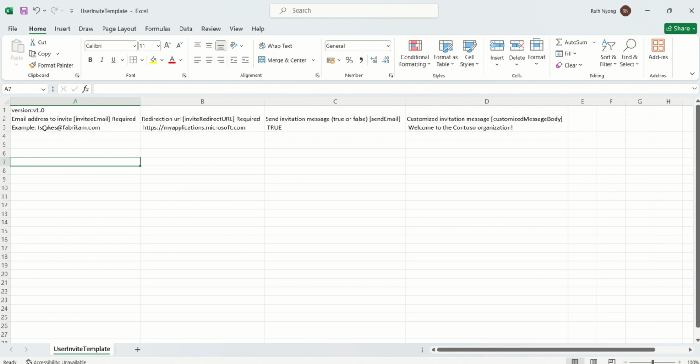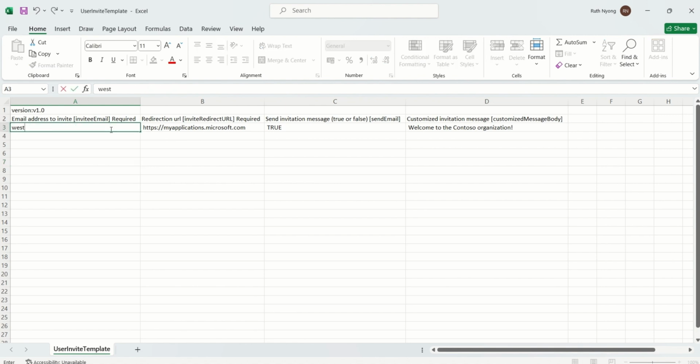For this template, do not change anything in the first and the second rows of this template. If you do, when you're trying to add your users, you might get some errors. So do not change anything, and also do not add any other columns to what you have here. If you add those columns, it may be discarded because those ones are not important. So these are the important things. The only thing you need to change is from the third row, because these are just examples of what you need to do. So right now I'm going to add one of the users,